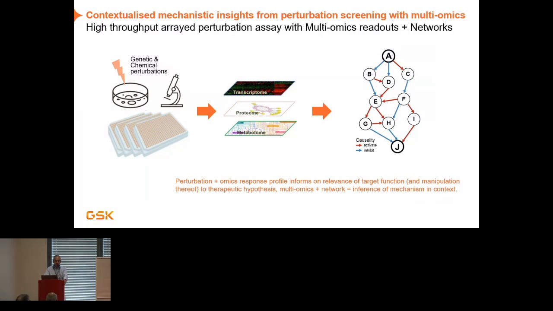Sometimes we want to perturb a target using CRISPR, for example, or using a compound, or we want to do both the genetic and the chemical perturbation and look at how similar or dissimilar they are. This is in a system that we believe is relevant, and that's why we may use some genetics data to find which cell type may be enriched. We then generate multi-omics data, transcriptomics, proteomics, metabolomics, really trying to understand the networks, the causality